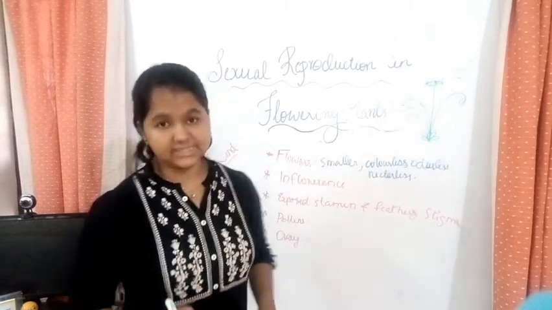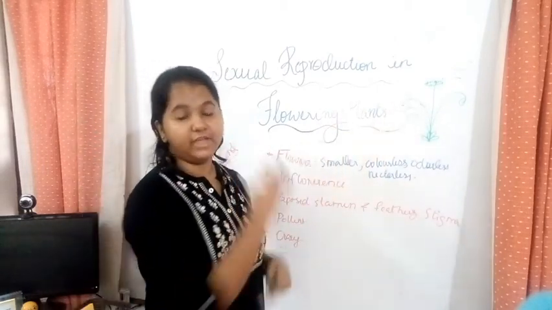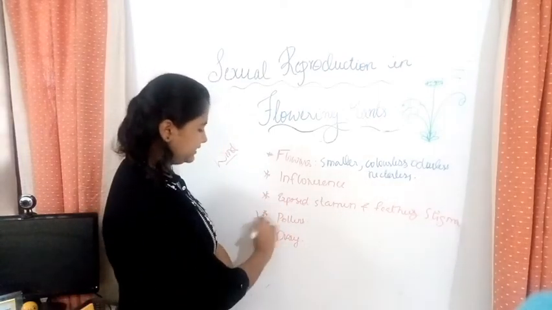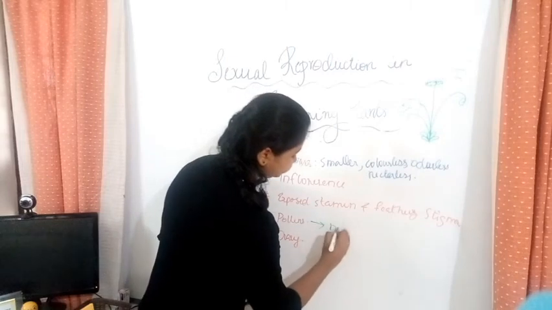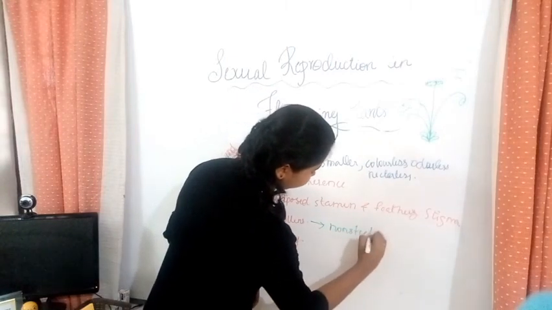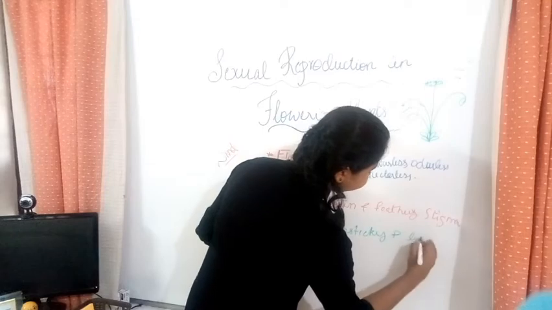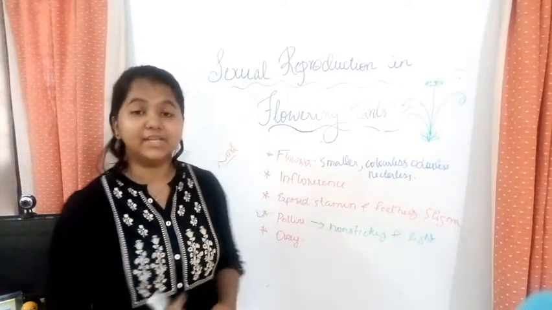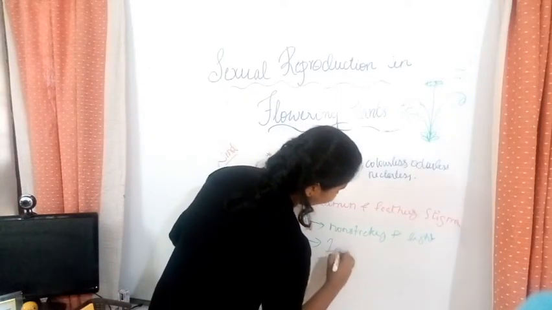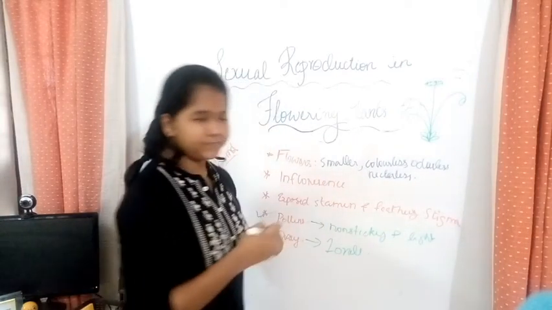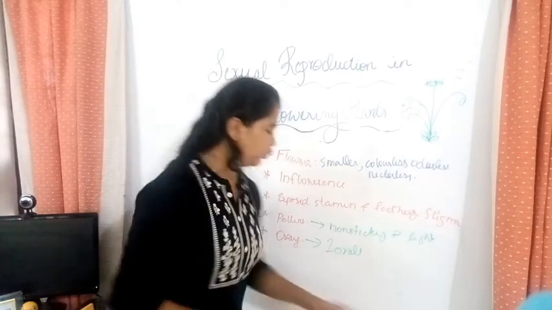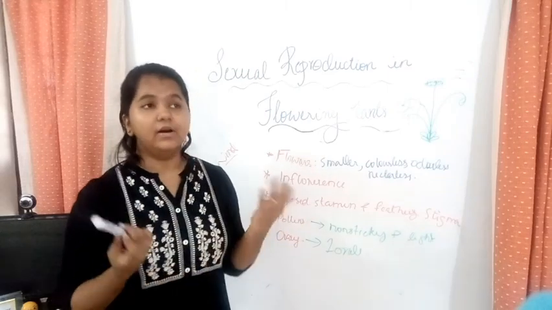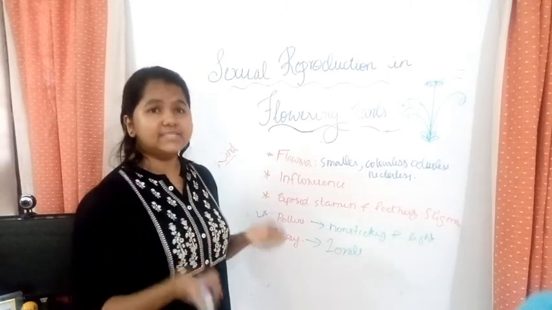And these pollen grains, if they have to move away, shouldn't be sticky. They should be non-sticky and lightweight. So the pollen grains are non-sticky and light. Light in the sense of lightweight. And the ovary contains only one ovule. That is to talk about wind pollinators, and the examples are maize, coconut, grass, etc.